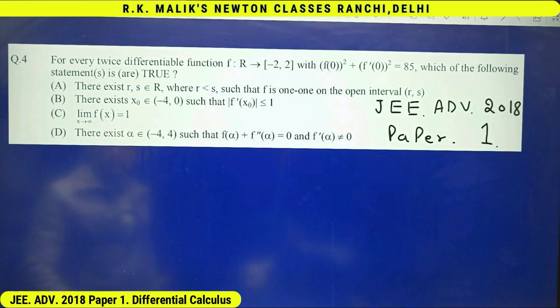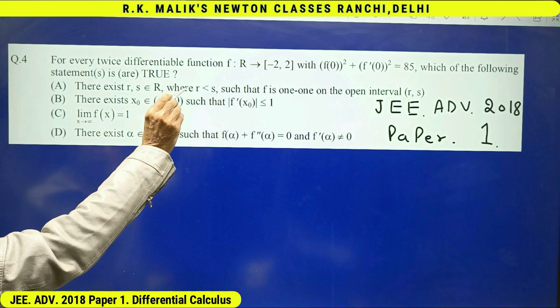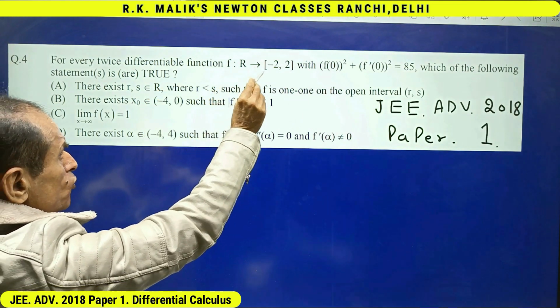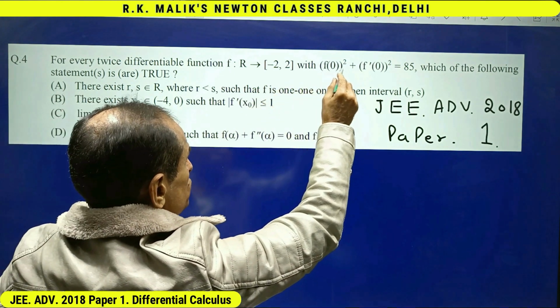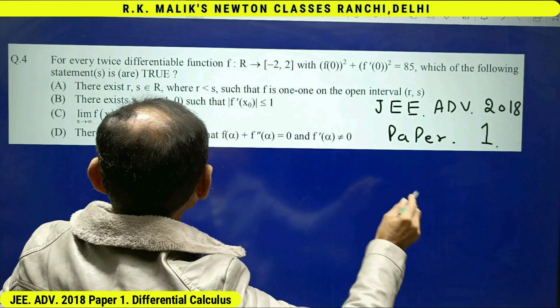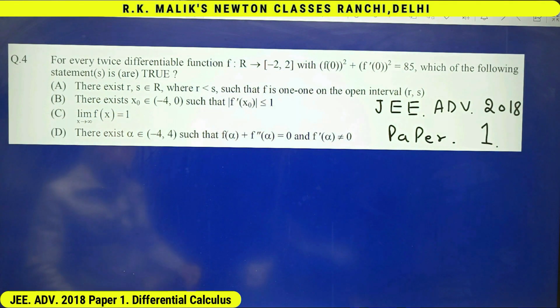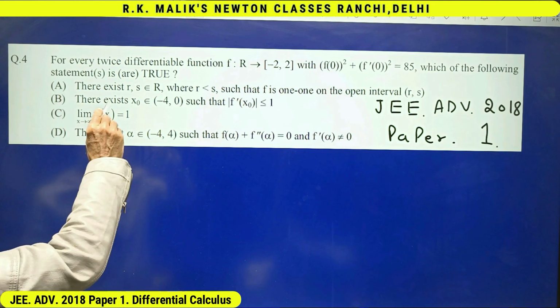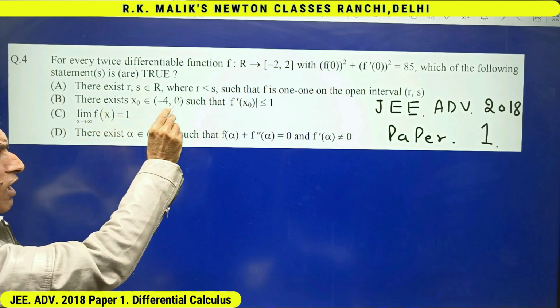In this question, it is given that for every twice differentiable function f whose domain is R and codomain is [-2, 2], with f(0)² + f'(0)² = 85, which of the following statements is/are true? The first choice says that there exist r and s belonging to R, where r is less